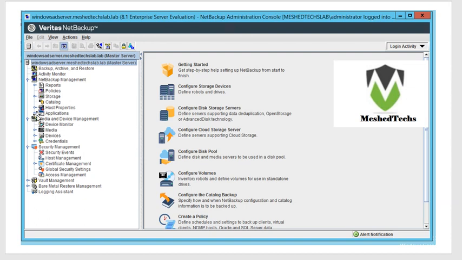So the next thing I'd like to talk about is the Ops Center, Operations Center. Operations Center is if you have multiple NetBackup master servers or media servers, you can just look at them. You can pull a report on them. You can see what they're doing. You can see what jobs are running, what jobs have failed. And so, for instance, say you have,